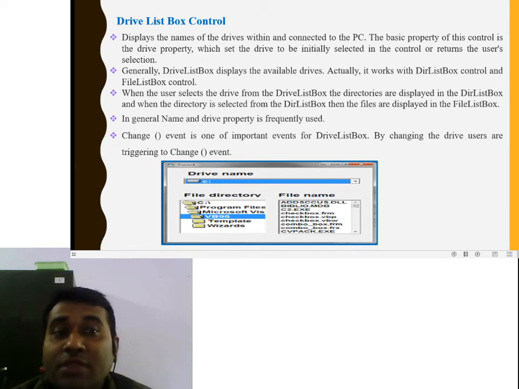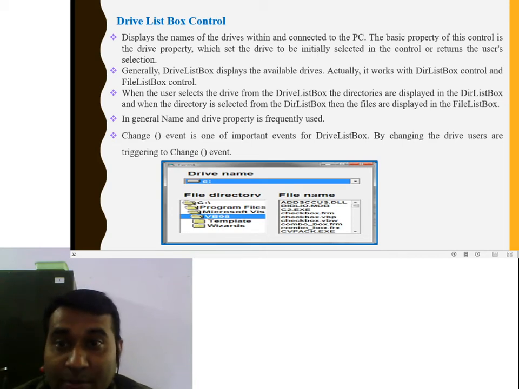It works with the directory list box control and the file list box control. When the user selects a drive from the drive list box, the directories are displayed in the directory list box. When a directory is selected in the directory list box, the files are displayed in the file list box.